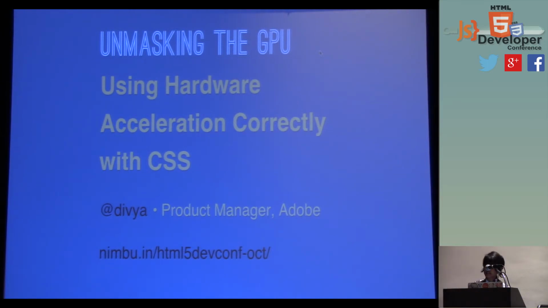And today I'm going to be speaking about using hardware acceleration correctly with CSS. Basically, a lot of times, browsers have recently started using what is known as the GPU for doing a lot of animations, and they do so with CSS properties. And as front-end developers, we don't quite understand how that works. And so today, I hope you can learn a little bit more about that. So before I go further,